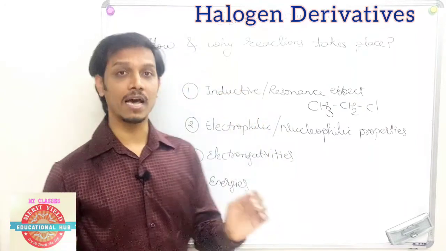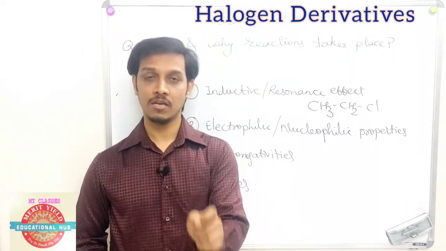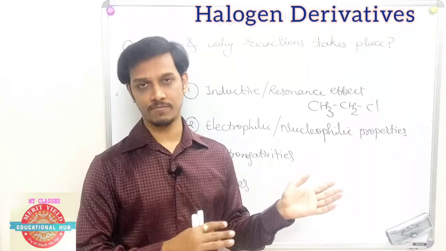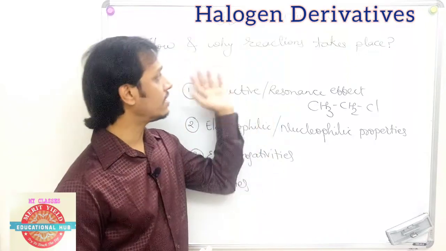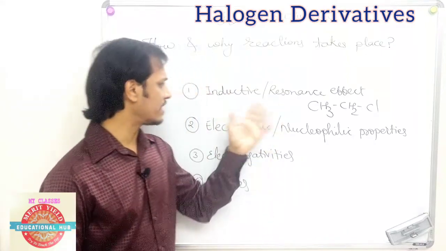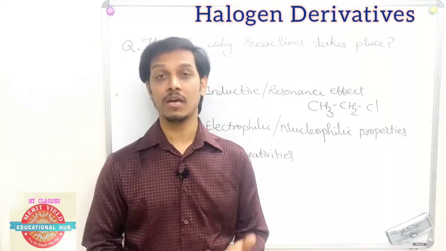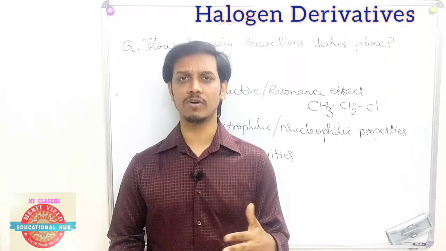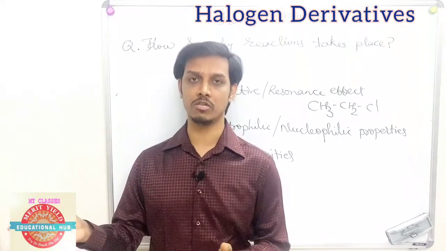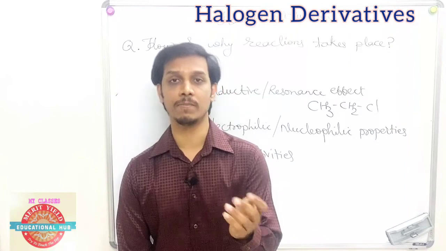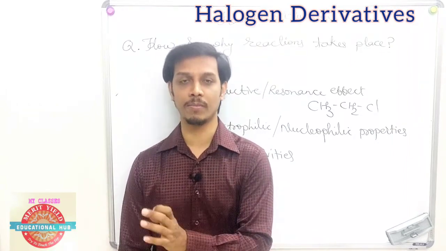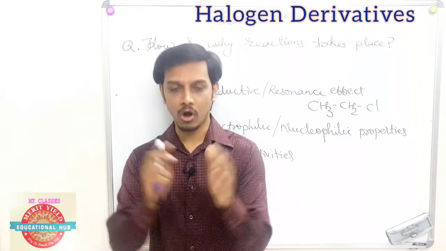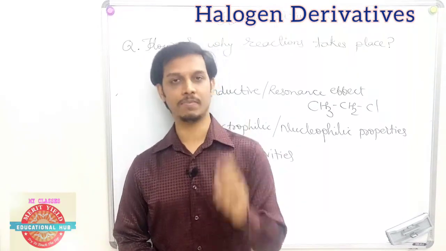The whole answers are given in the basics of chemistry video, which is in the description link. You can watch all the basic terminology used in reaction mechanisms, or all the effects, inductive and electrophilic, and what exactly the meaning of it is, how fluorine is the highest electronegative, how oxygen comes afterwards, and the remaining halogens come after oxygen only. So it is very simple for oxygen to replace the remaining halogens like chlorine, bromine, iodine, but oxygen cannot replace fluorine very easily because fluorine is more electronegative. All the answers I'm trying to say you'll get in that particular video.